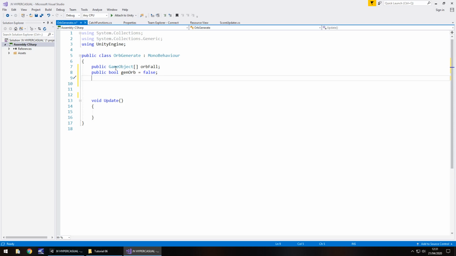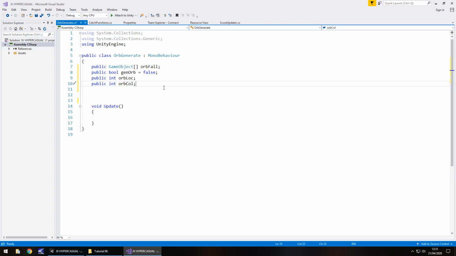And then we're also going to need a variable to assign to a random orb. So we're going to have 2 integers here. Obviously integer is the whole number. So public int, we'll call this orb lock, short for location, and we'll have public int, and we'll have orb col, short for color, semicolon.